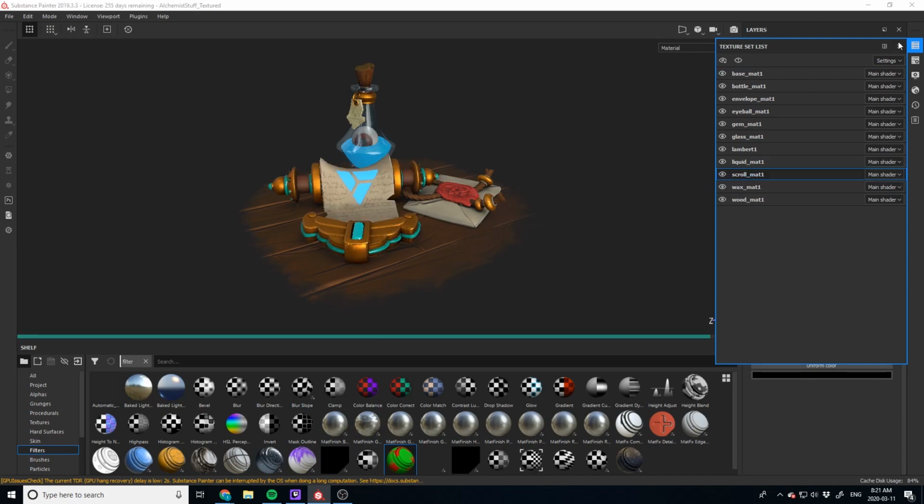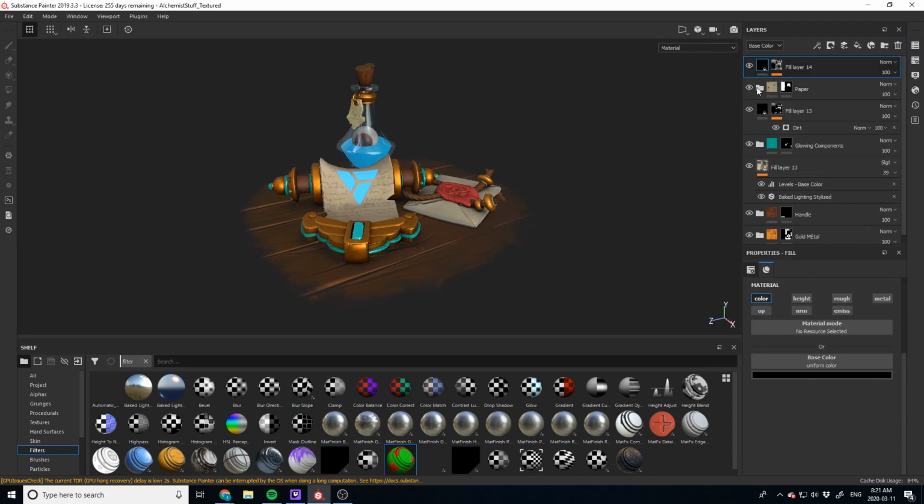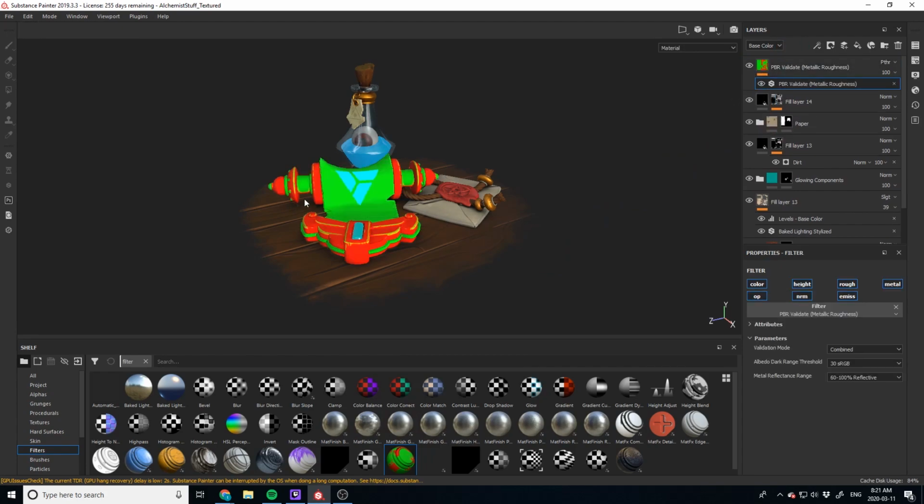So this is targeting the scroll here, and I've got a bunch of layers and a lot of pure black, so this is probably going to fail, especially in the metals. So let's drag the PBR validate on top first, and you can see that, yeah, the metal isn't really acceptable